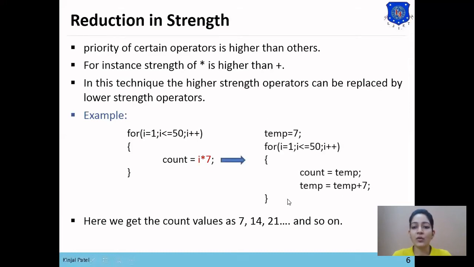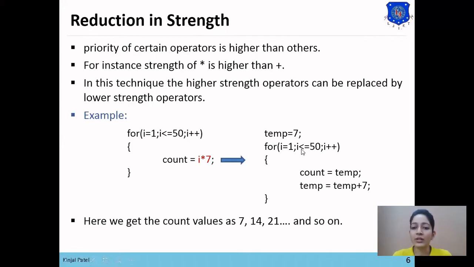Here is the code using plus. We have already assigned the value 7 to one temporary variable. Now for i = 1, i <= 50, i++, count = temporary. So here count will get the value 7. So for i = 1, count = 7. Now temporary = temporary + 7, so 7 + 7, and the temporary value will be 14.